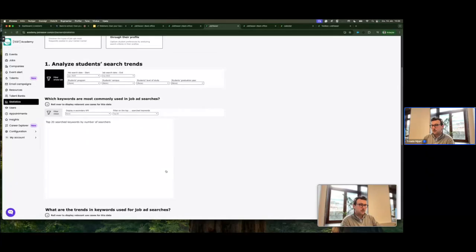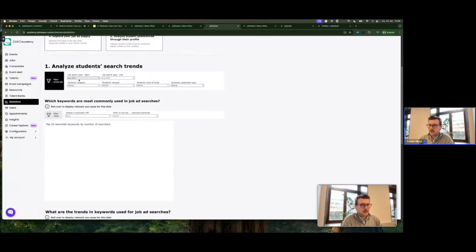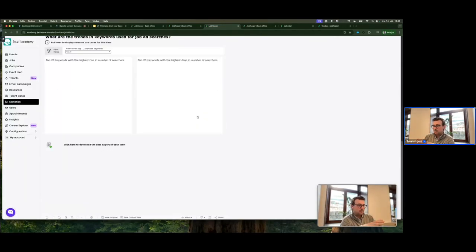And one thing that I want to show that is actually pretty smart is that if I go in here and set the job search date, let's say we want to do some calculations based on the activity levels in 2025, you can put in January 2025 and October 2025. If this is something that I want to see all the time, I can scroll all the way down until you think you can't scroll anymore. And you can see all of a sudden there is this normally hidden line here